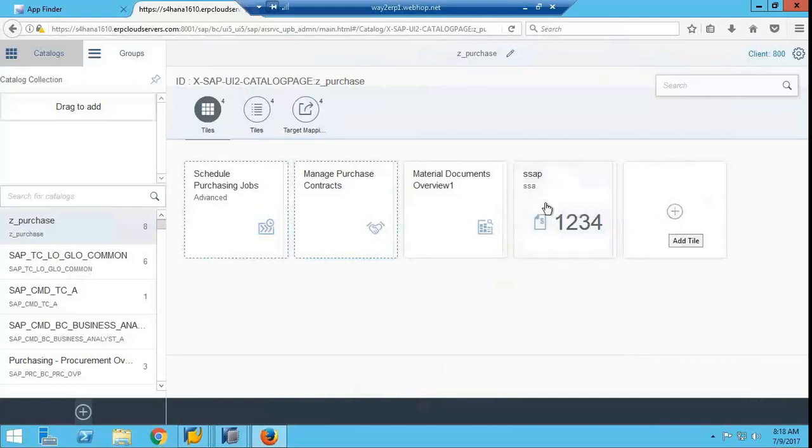Like that, n number of catalogs were assigned to the user.